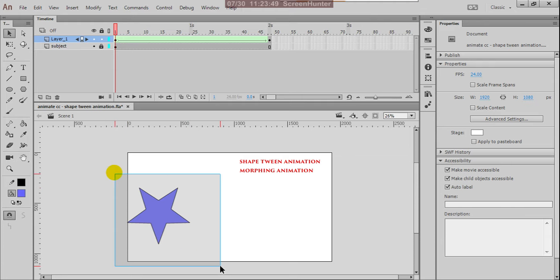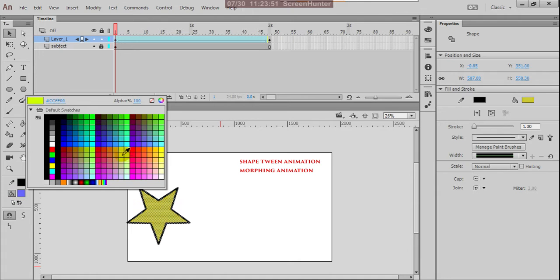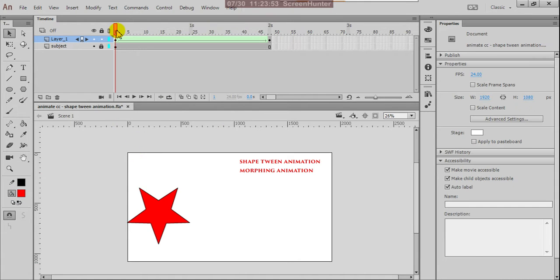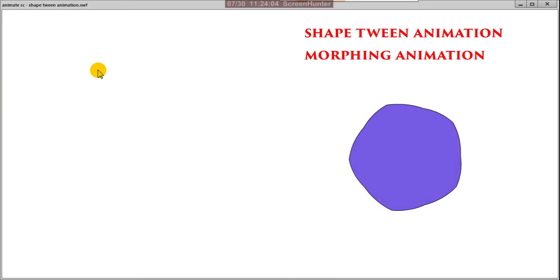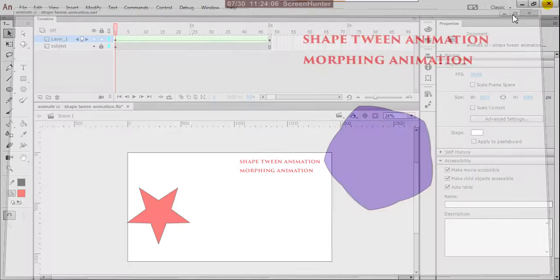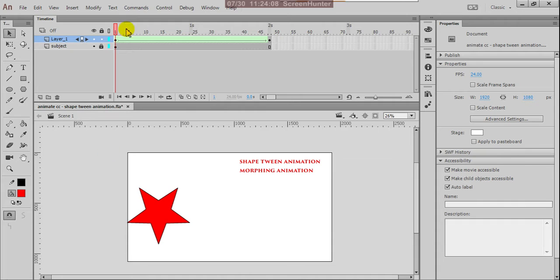And now for the color, better to change to some red color. Now if you change this, the star is changing into a circle along with the color. So this is a shape twin.